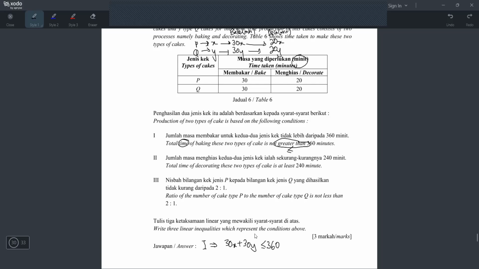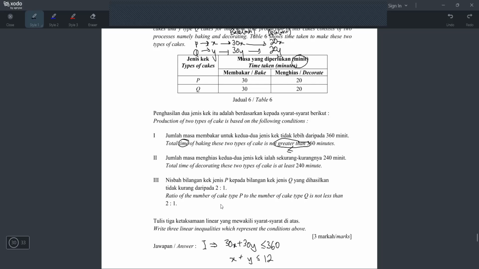And usually in class I say, if we can simplify, we simplify. So when we simplify, what do we get? Divide 30x, 30y and 360 by 30, which gives 12. Of course, if you don't want to simplify, you can also stop here, because this question never even asks you to draw a graph.